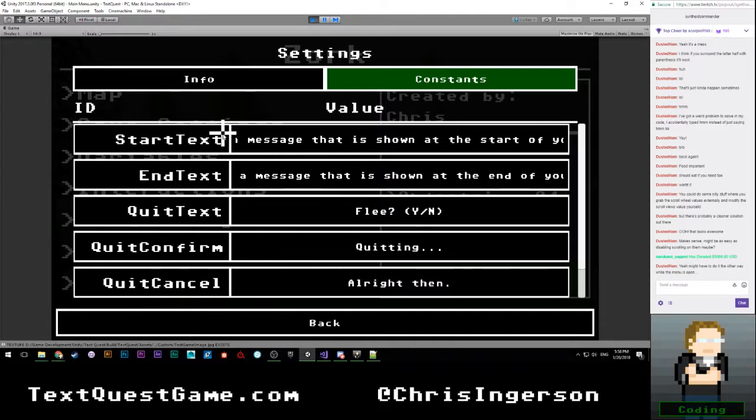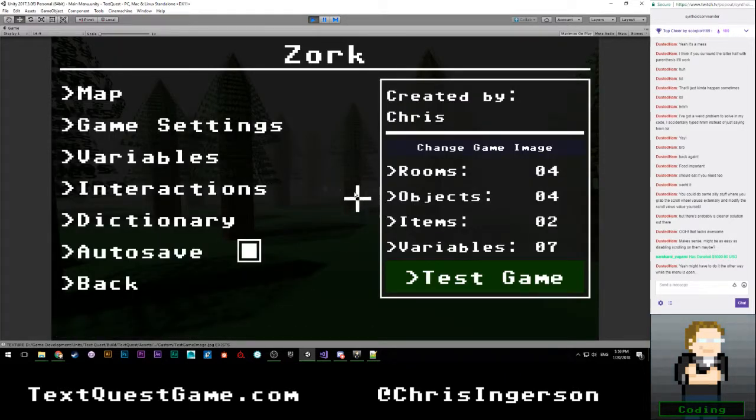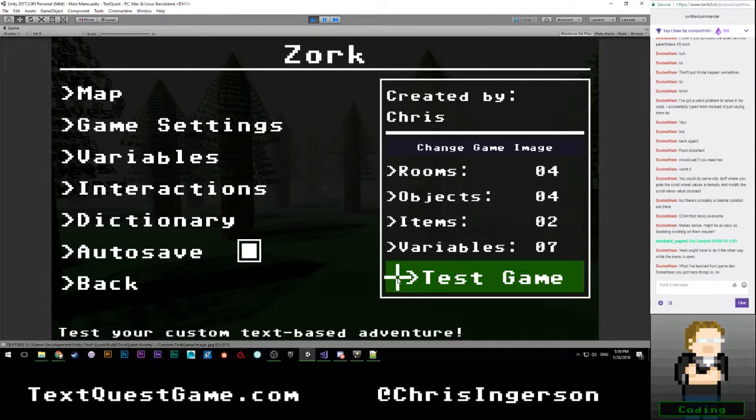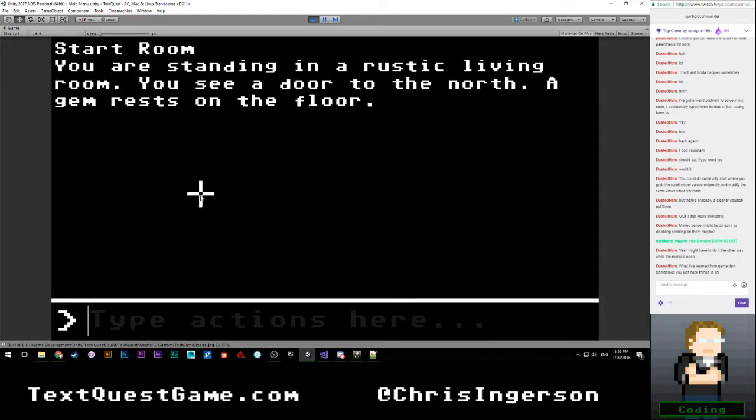So I am going to say that's a good place to stop for the night. So we have string constants set up. They're not fully finished, but they're set up, so you can actually customize. I don't know what to call people who make these things. Authors can customize what our default string values do for things that will always be in the game.